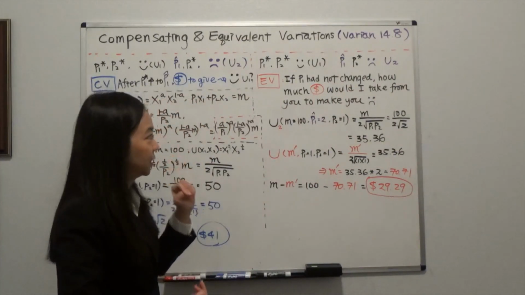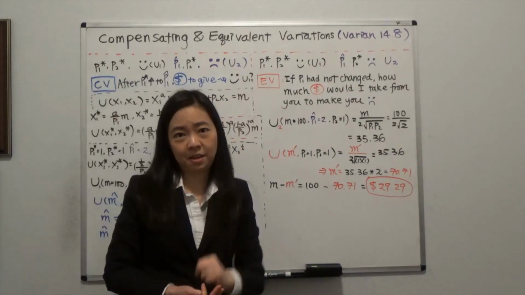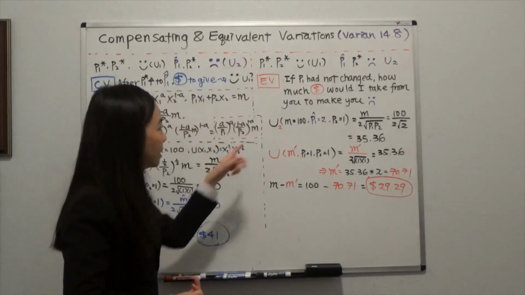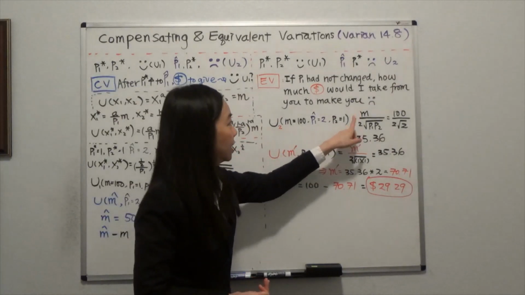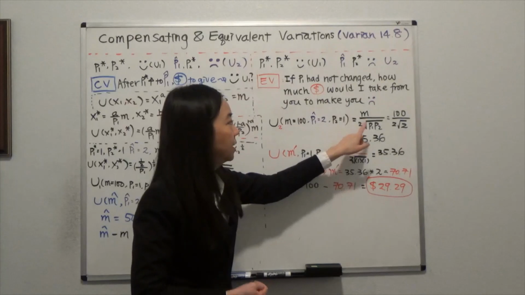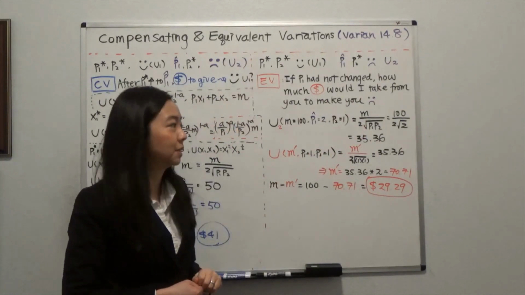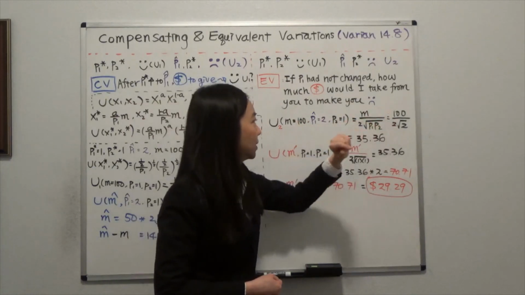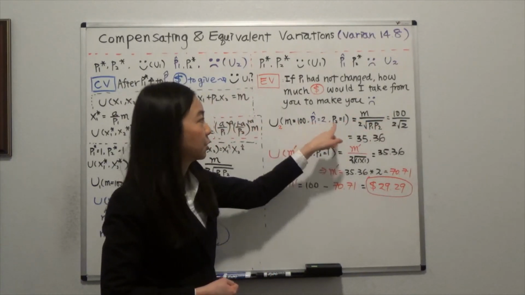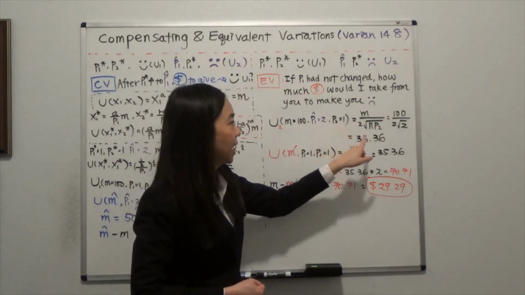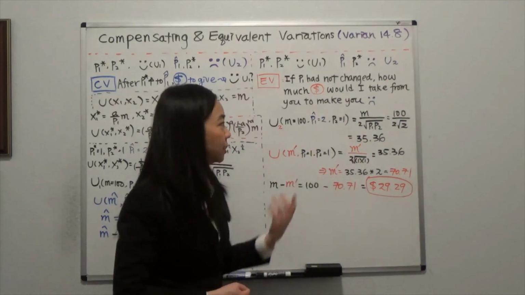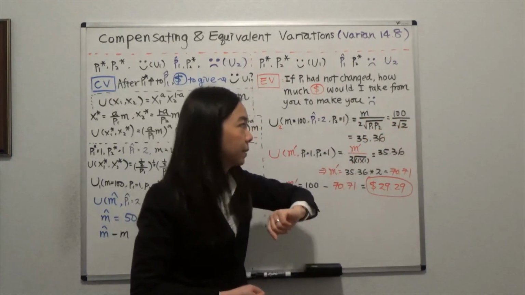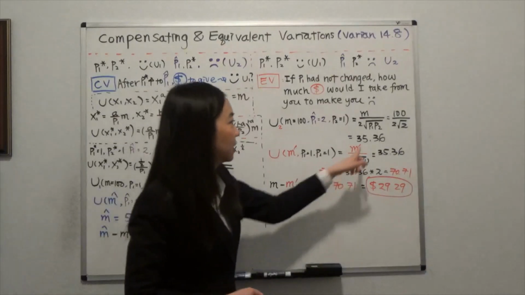So let's calculate the utility in period 2. We know that our utility function is m divided by 2 times the square root of P1 and P2. So I just plug in my budget 100 and the current prices of good 1 and good 2, and I get the utility level 100 divided by 2 times square root 2. That gives you approximately